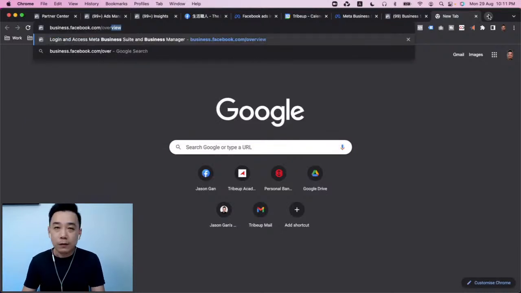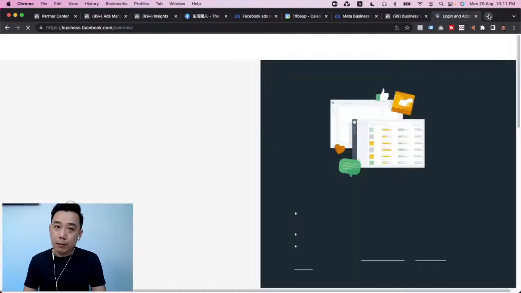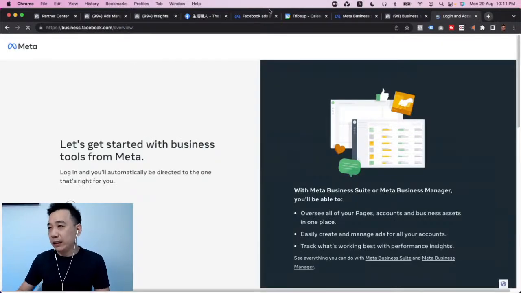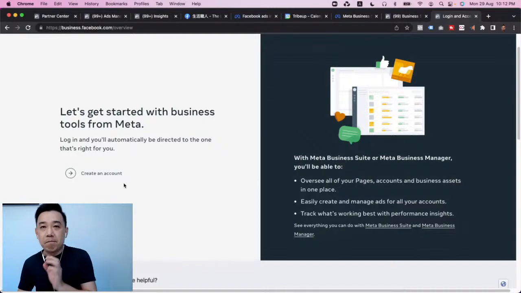Go to business.facebook.com/overview, and then you will be directly going into this panel to create a business manager from scratch. All you need to do is click create an account, follow through the steps and put in all the information, and you can do this real quick. Okay, so this is about a business manager.